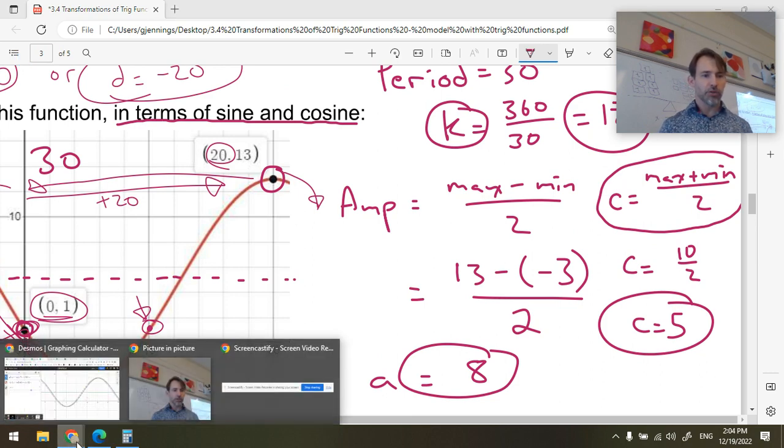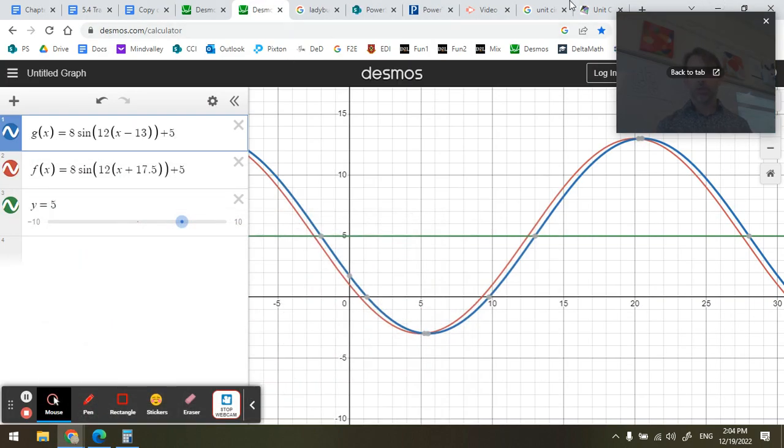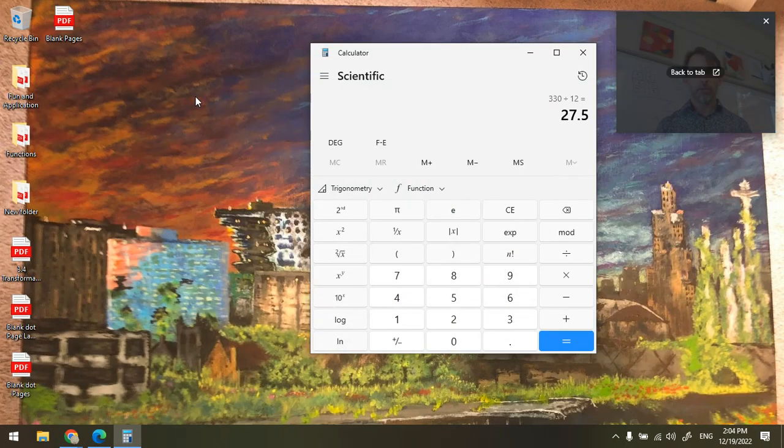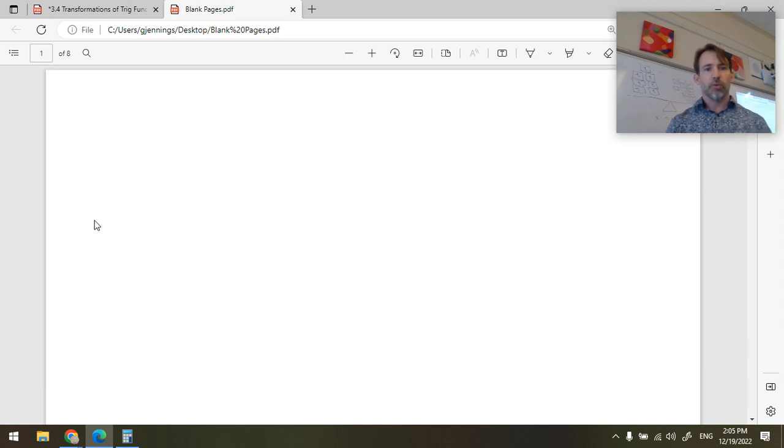Okay, so I'm just going to go over here to a blank page of pages. Boop, boop, boop, boop, boop, boop, boop. Where are my blank pages? There they are. Pages. Okay, so we have h of